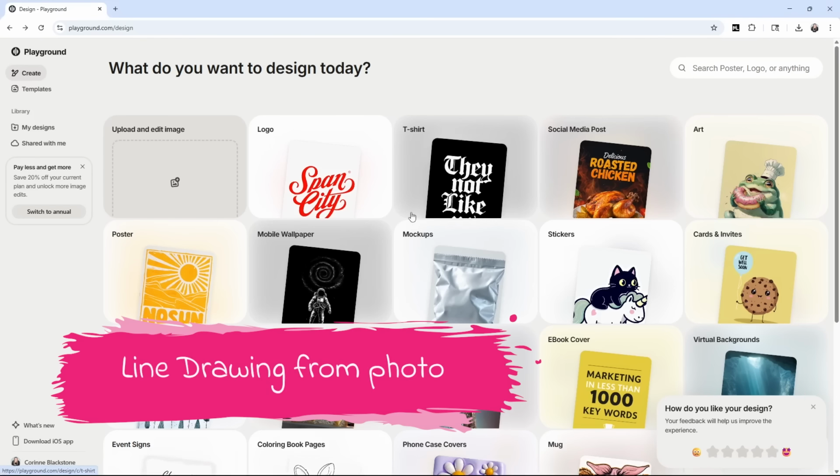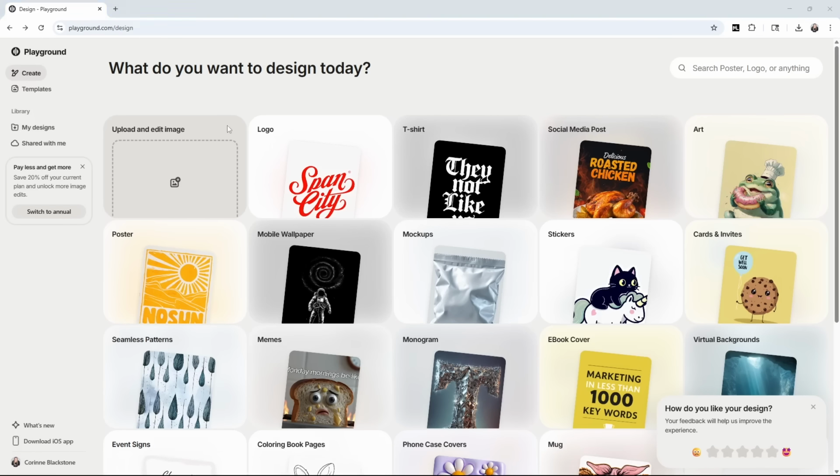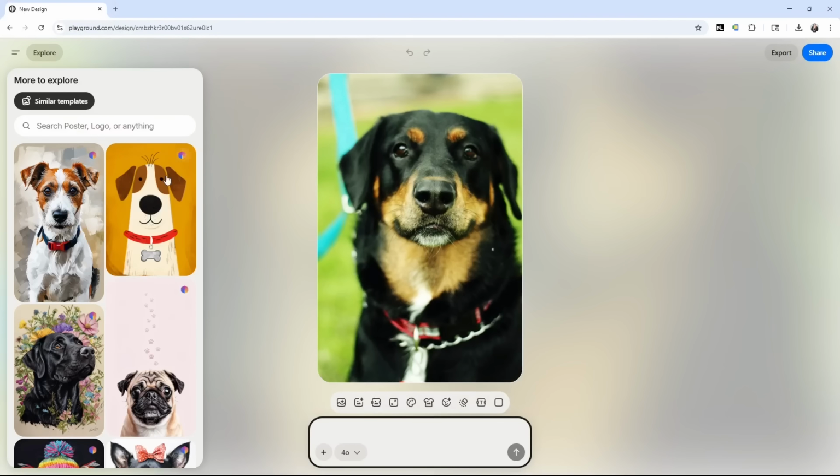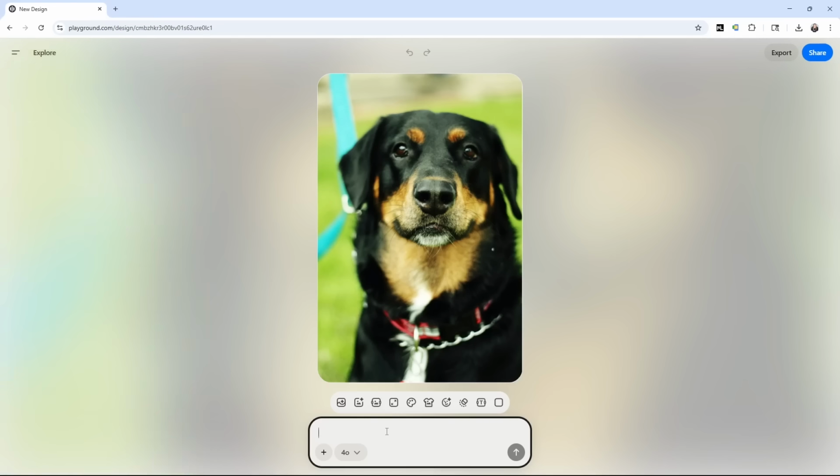Now this is something really fun to do with Playground. It's one of my favorite things. So what I'm going to do is upload my own image by coming over here to upload and edit image. I'm going to use this adorable picture of my dog, and what I'm going to tell it to do is I want it to create a line drawing of this. There are a lot of ways you can prompt it, but what I'm going to do is say, turn this image into a line drawing